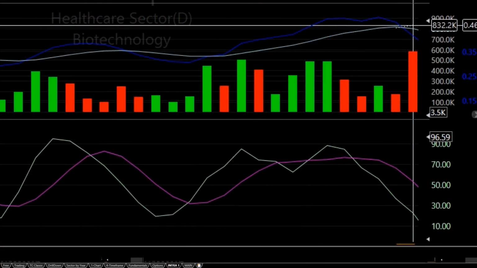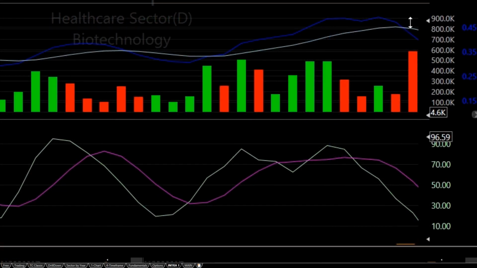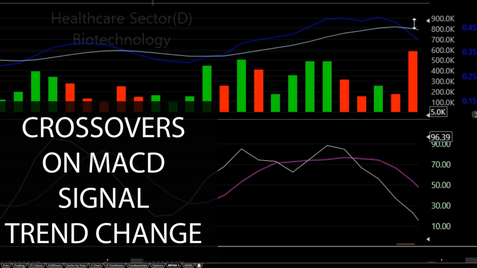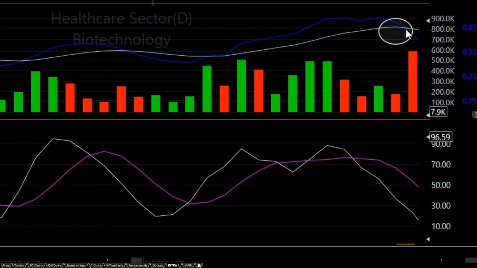As we've seen that cross, that's when we can go ahead and add. We broke the support and you get this cross here, the MACD, which is very vital and showing us weakness. That's really what you want to get to. When you cross that cross right there, as long as it stays above the trigger line, which is that white line,